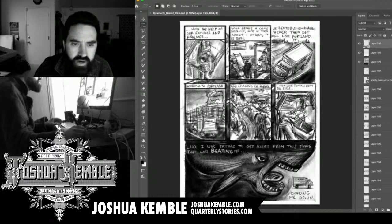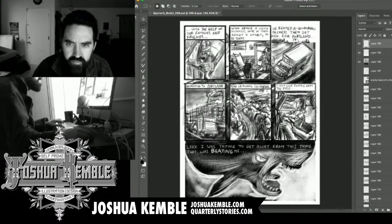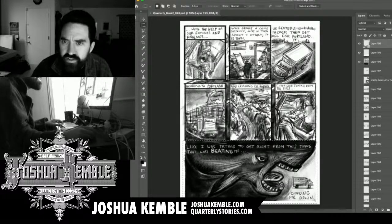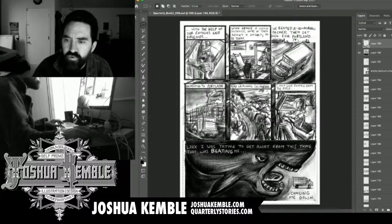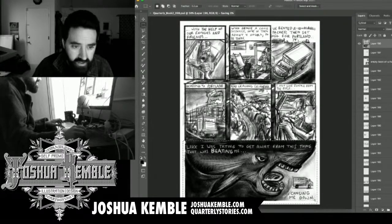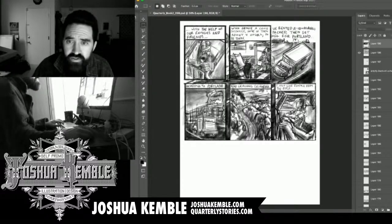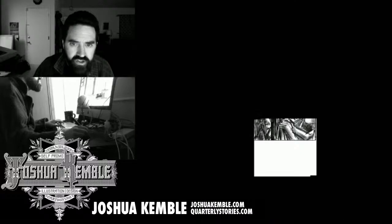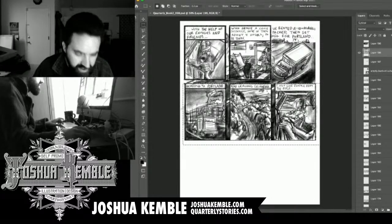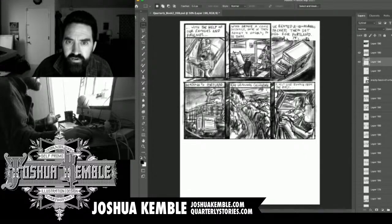What I do when I'm working out the next pages is I try to break my previous pages into chunks. So let me do that. I might also need to move this down. I worked these on a couple layers. Okay, so there we go. That's one set of panels. Yesterday we worked on that giant whale piece, and I was pretty excited about how that came out. And then today,